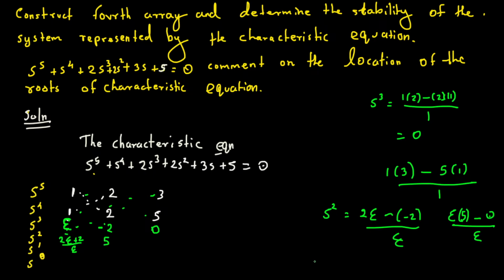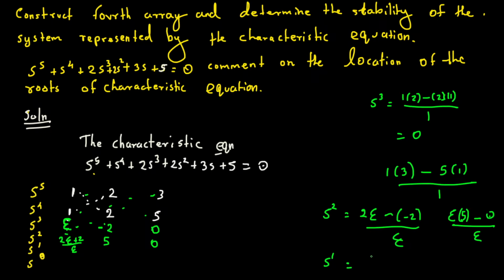If you look at s power 1 here, we do the same thing. We multiply this one by this and this one by this, and the other term we can get rid of, because that is like multiplying by 0, 0 divided by 5, and that means nothing. So after that we can get rid of the third term. If we just multiply this one by this,